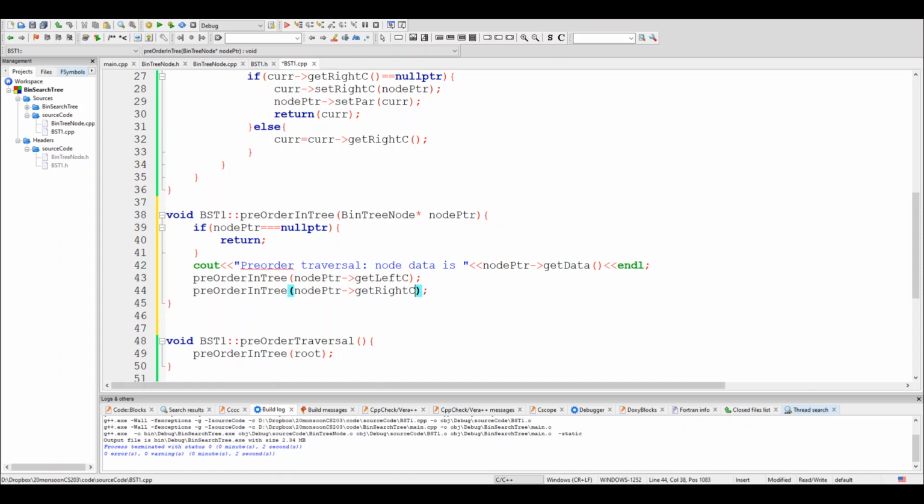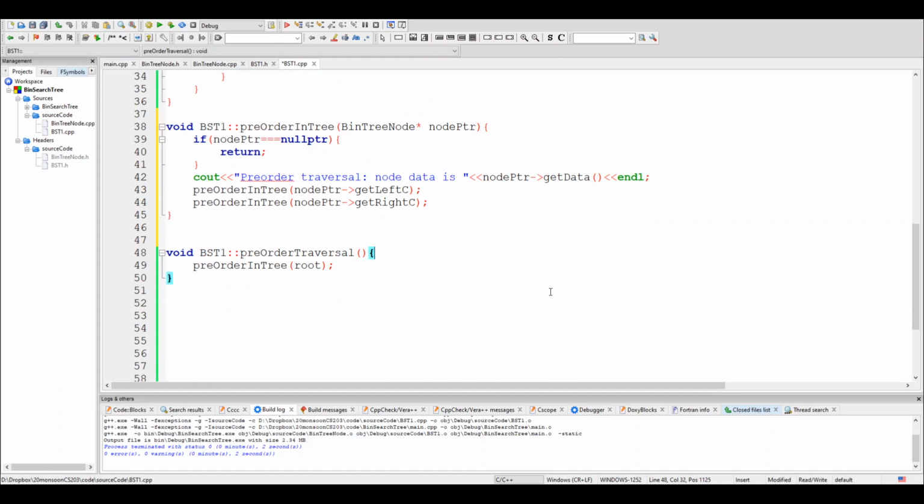Okay, so that's the way it will work. That's my pre-order traversal, and now similarly I can define my in-order traversal, right? So let's copy this and use it. Instead of pre, I will have the in-order traversal. Instead of pre-order entry, I will say in-order entry,